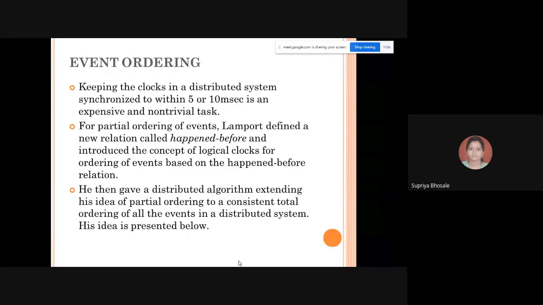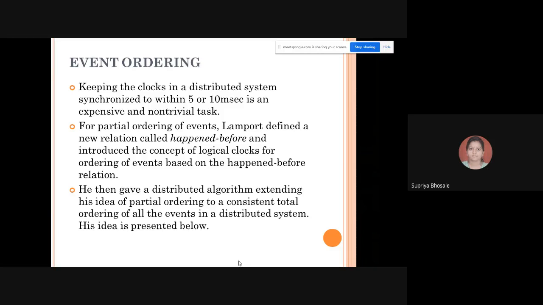Fine. So next is event ordering. So in this case, keeping the clocks in distributed system synchronized within 5 or 10 milliseconds is an expensive and non-trivial task. डेफिनेटली दोन मशीन मध्ये तुम्हाला 5 किंवा 10 मिली सेकंड पेक्षा कमी डिफरन्स ठेवून वर्क करायचं असेल तर इट विल बी डेफिनेटली एक्सपेन्सिव्ह अँड नॉन ट्रिव्हियल म्हणजे काय थोडासा हेक्टिक टास्क असणार आहे बरोबर आहे. सो फॉर पार्शियल ऑर्डरिंग ऑफ इव्हेंट्स Lamport, that is the name of the scientist, defined a